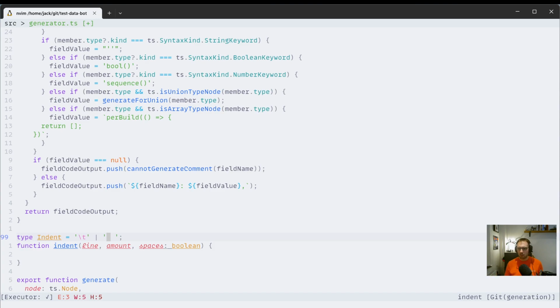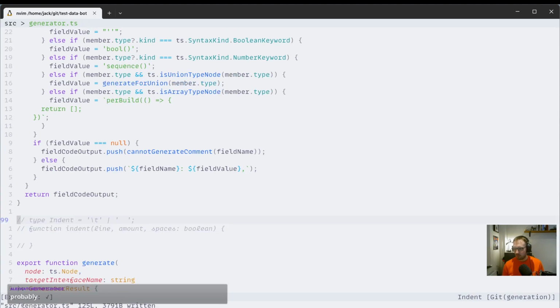Or put another way, I don't think we can support formatting the code perfectly for every single stylistic choice you can make. I think if we have a flag for tab or spaces, and then maybe in the future we could do spaces size to be 2 or 4, that feels like probably as far as we would want to go. Okay, so